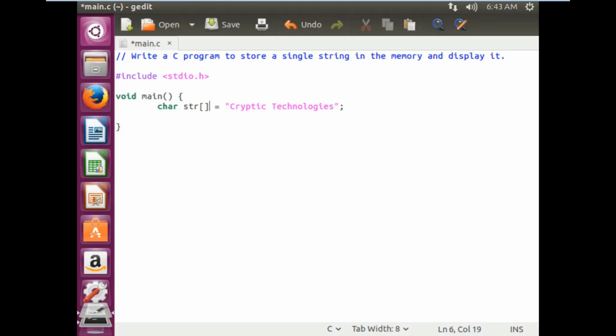Okay, and it can be done in this way. Now it is possible to store multiple characters into it. So it is nothing but a character array. Character arrays we are going to study in detail afterwards. Now I am just going to use it. So now I am going to print it. So printf, I can write the message string is %s. Okay, so %s is used to print the string, and which string? This str. Okay, so in this way, save it